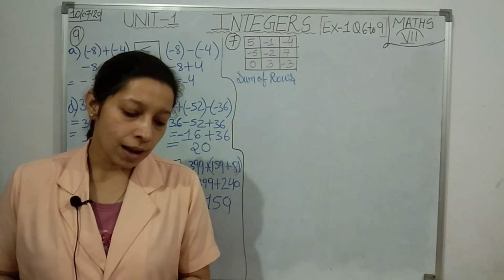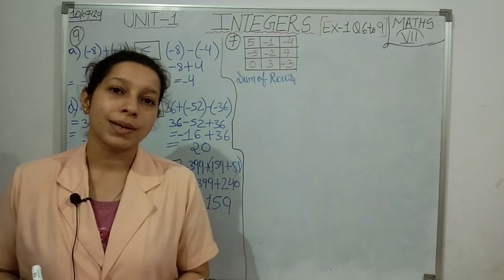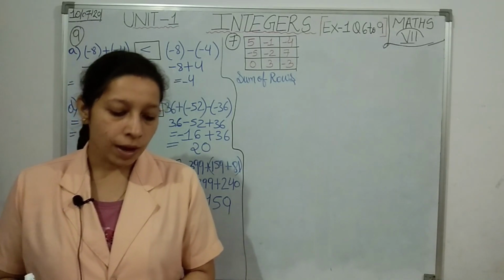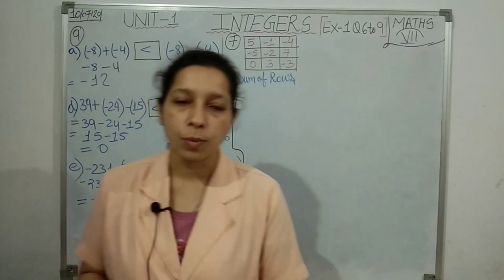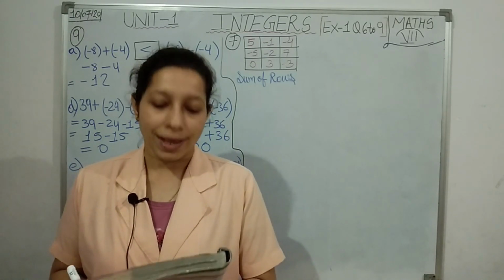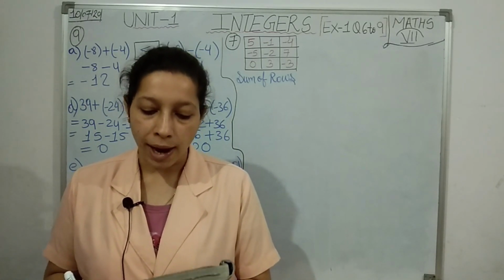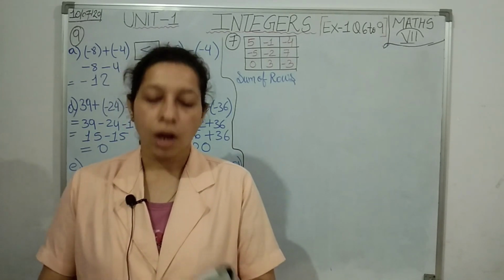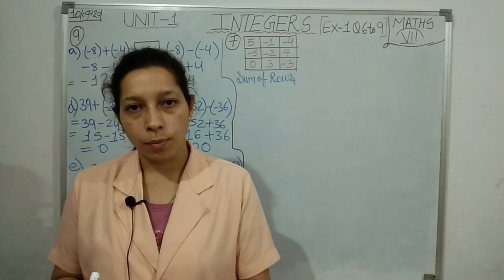Now let us again come back to question number 7, that we left at that time. We are going to solve this question now. So question number 7, look into your textbook, students, I am reading the question. In a magic square, each row, column and diagonal have the same sum. Check which of the following is a magic square. Two squares are given, point number 1, point number 2.